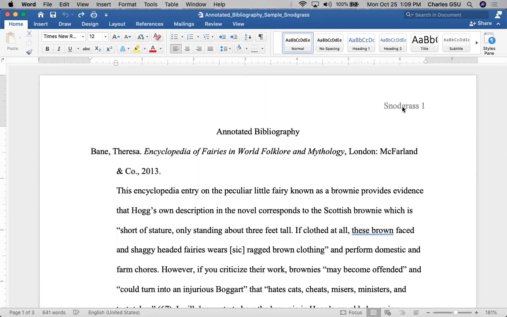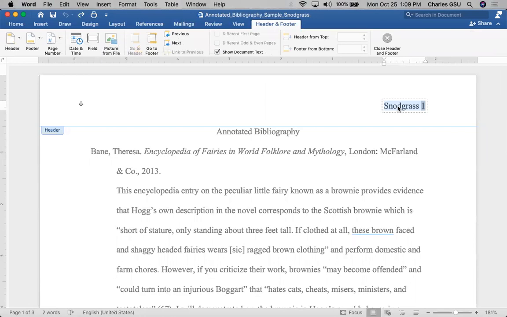Just double click on the name, insert your name. Remember to keep a space between your surname and the page number, as MLA style does. Okay,